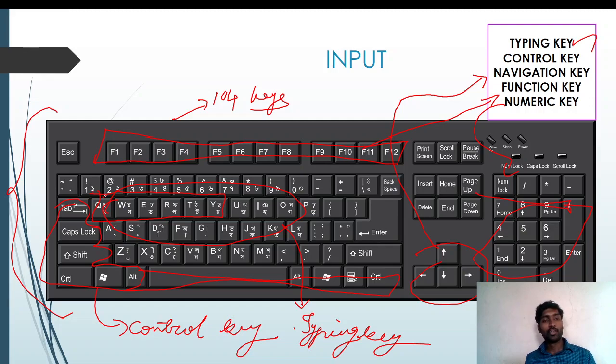Here you can see Q, W, E, R, T, Y, U, I, O. Numbers are in order, but the letters are Q, W, E, R, and A, S, D, F, G. Why are these keys not in order? This is your homework. Homework means no need to write in a fair copy. Just search on the internet and try to identify why the keys are not in order. This is for your brain activity, just a simple exercise I am giving to you.